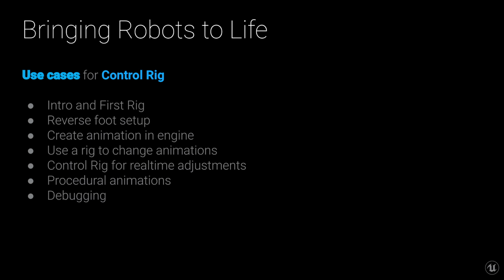I will show you how to enable Control Rig, walk you through the editor, and we will create a first rig. Then we go a bit further and look at a reverse foot setup, which we will then use to create an animation sequencer. We will also check out the backward solve used to bake a rig onto an existing animation. I will show you a setup that does feet and hip adjustments in real time. This will include how Control Rig works in conjunction with other parts of the engine. We will dive deeper when checking out how to do procedural animations using Control Rig component for the flower and for the scorpion. At the end, we will look at some debug options and tips.